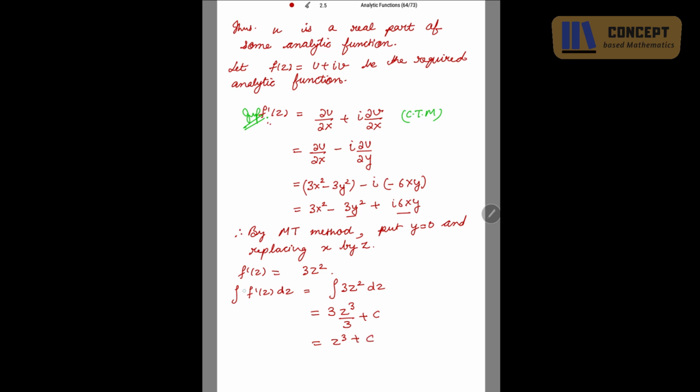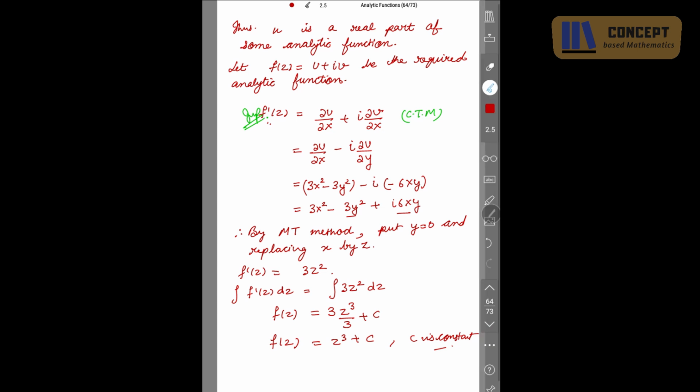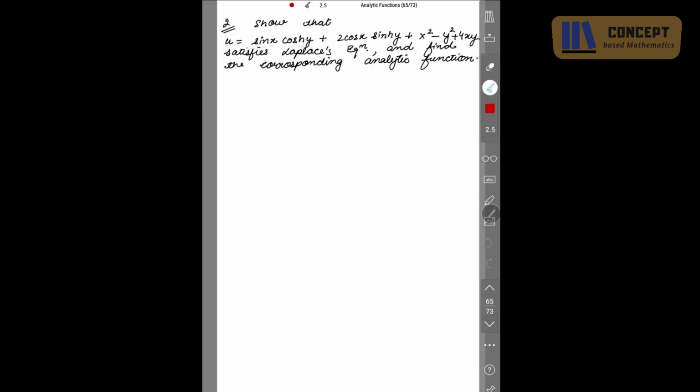Now the integration of f dash z will be f of z. So f of z is z cube plus c, where c is a constant. Easy, so convenient to use this formula. Okay, next. This is how we find the analytic function for the given harmonic function. Now the other question is,